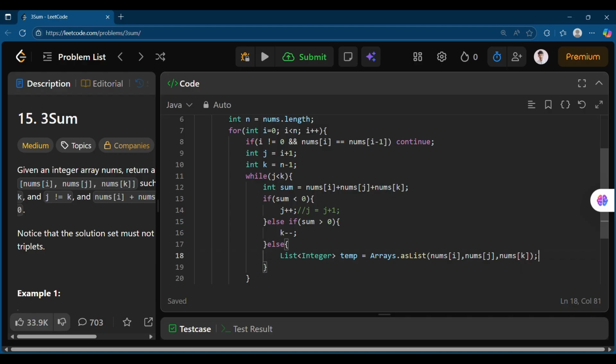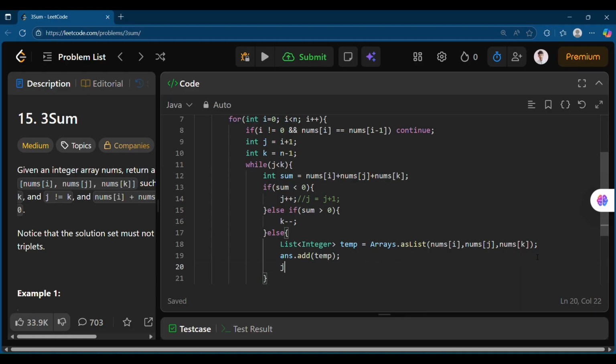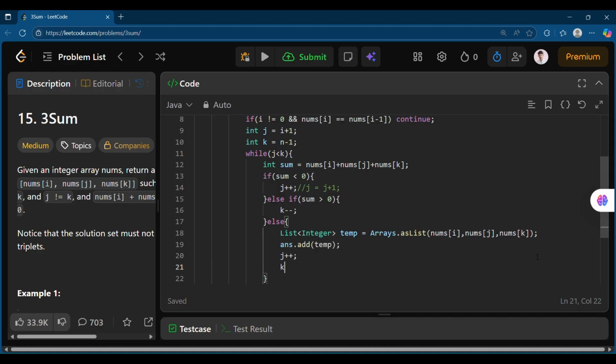Like this I'm going to add up in a temporary variable. And I'm going to add it to the answer so that I can get the new one and add it in an array, so that I would not get confused. So if we get equal to 0, that means we want to move the two pointers, right? After storing it, we will move the k and j pointers,